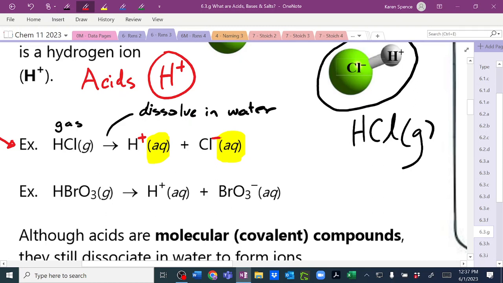We might have something more complicated where we have a polyatomic ion, all right, and the H plus ion is separate from the BrO3 minus ion. That again is dissociation. Now there was a question this morning asking me, what's the difference between dissociation and decomposition, right? Because these look a little similar, right? Well, let's